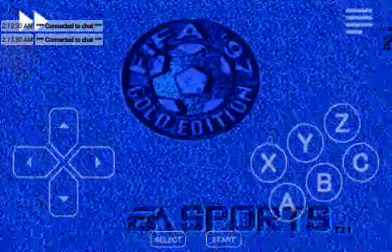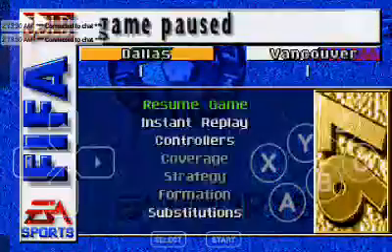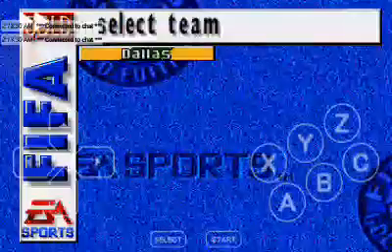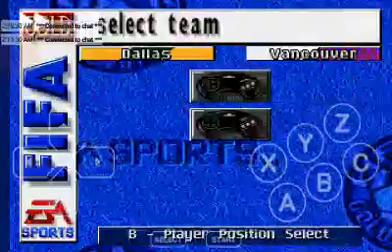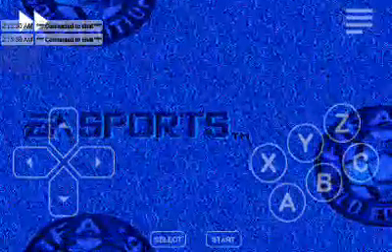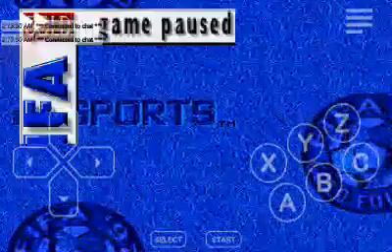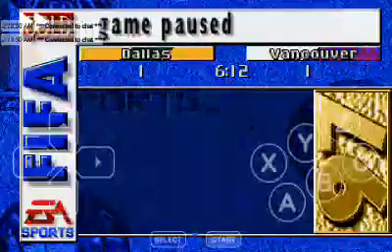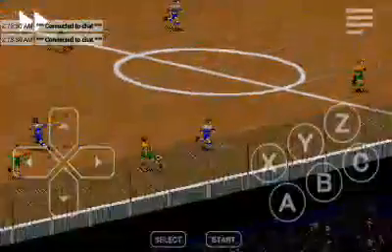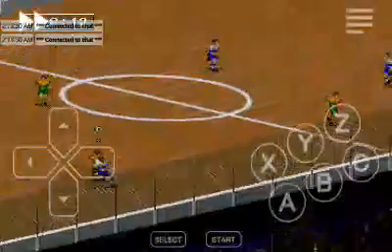But the substitution, I believe, won't be effective until the next throw in, and that gives them some time still to set one last play in motion to lower Dallas defenses. So let's see what happens.